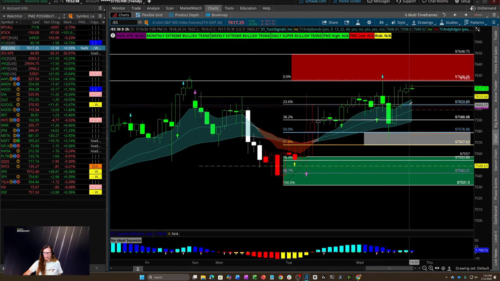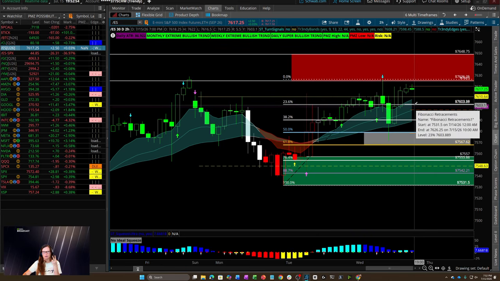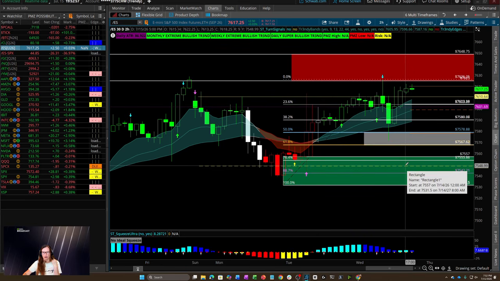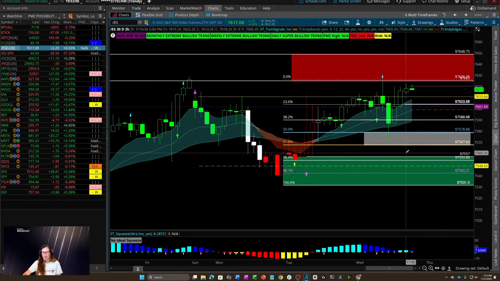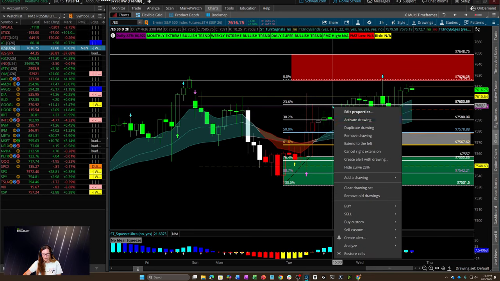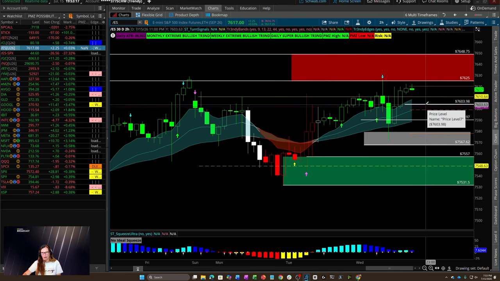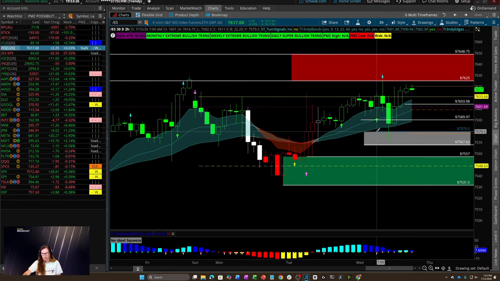You can also use the 23.6, depending on how many targets you're wanting. If I only want 2 targets on the way to my eventual ultimate target or zone, opposite zone, I use the 38.2 and the 61.8. If I want more targets, then I will use the 23.6 as well. Okay? All right. So now I have targets